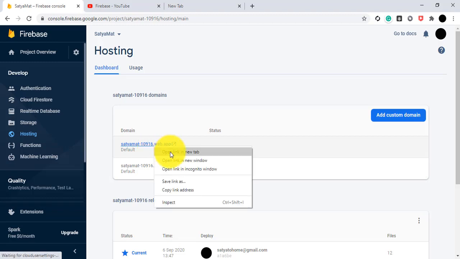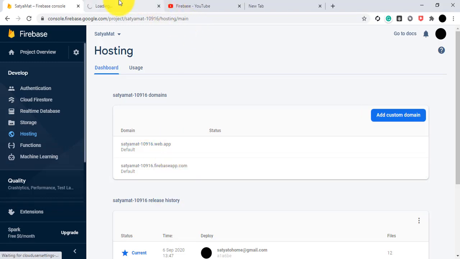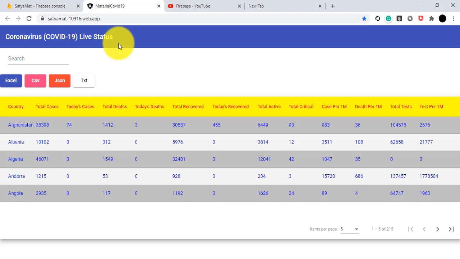If you click here, it is already deployed and live, and you can access this URL globally, anywhere in the world. So finally my Angular Material COVID-19 project is live, and I can access it from any place. Here is my live URL.